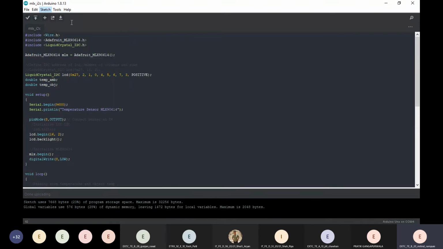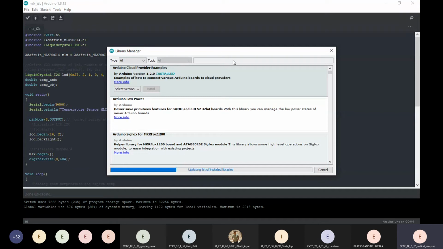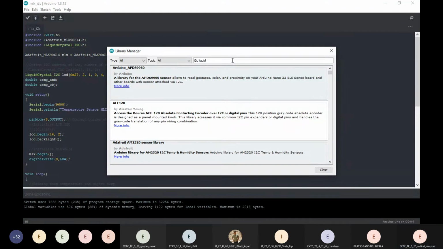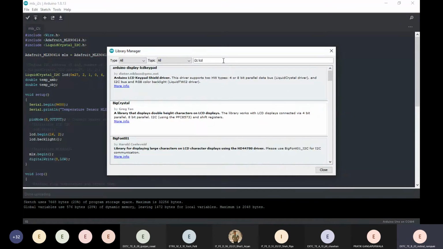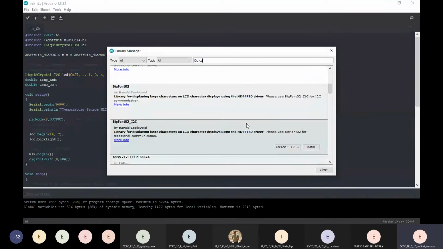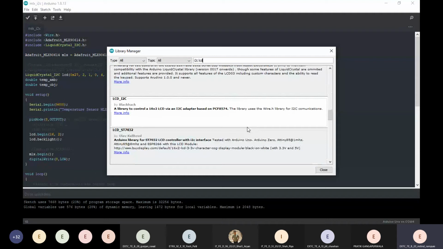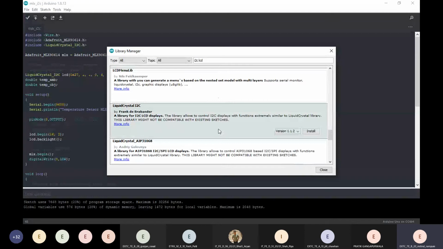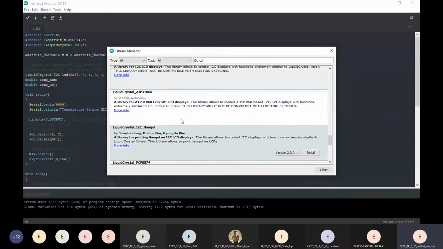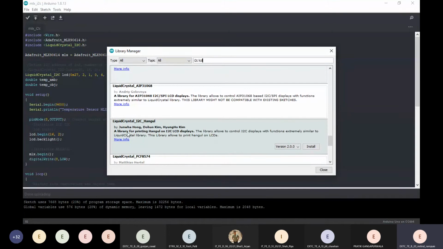So I'll go to Sketch, Include Library, Manage Libraries, and here you can search I2C LCD.